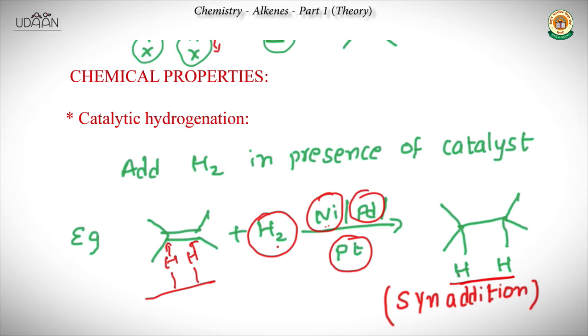Because it's a planar compound as such, it can attack from the top and from the bottom, right? Yes. But it will give only syn addition because both are attacking from the same side. Either both hydrogens can attack from down or both from the top as such, and the end result will be the same nonetheless. Alright. Now that we are done with catalytic hydrogenation, let's move on to the next part of